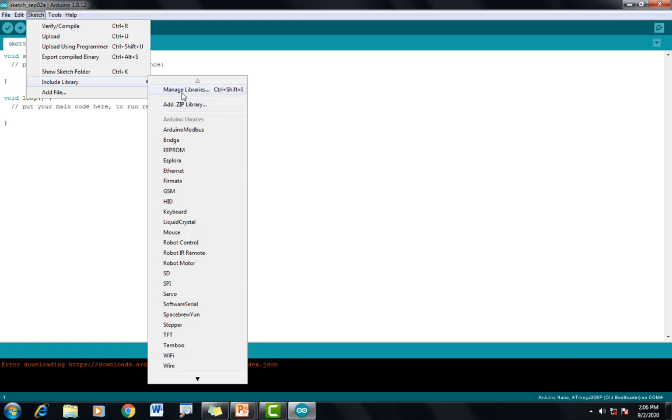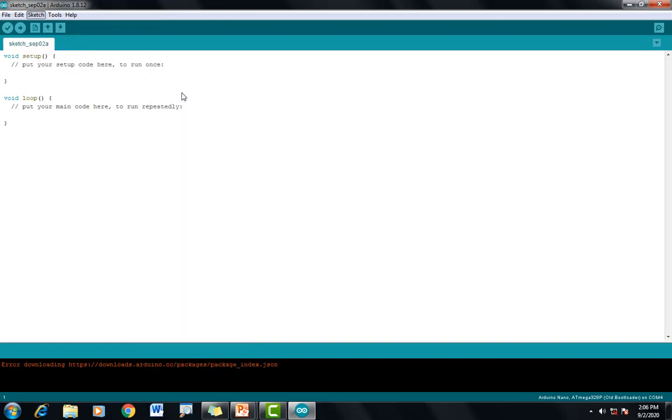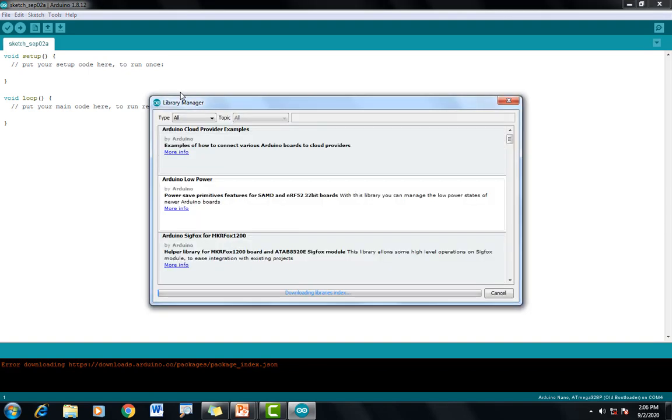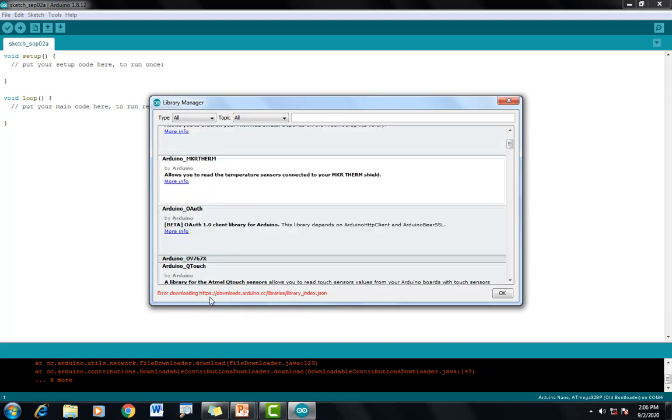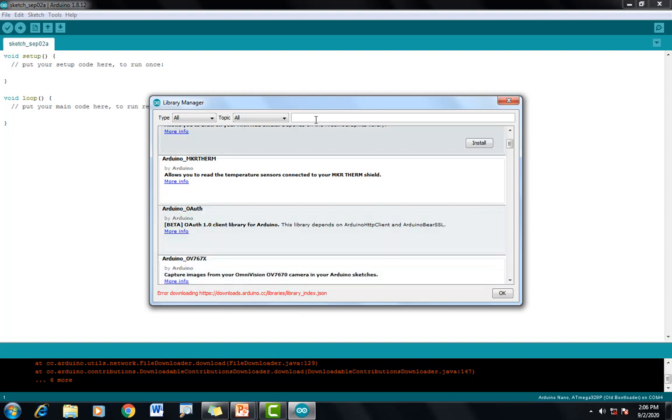Or you can go to Manage Libraries. Here we can search, but as the internet is not connected, it is not giving me any option. So you can search for the library you are looking for, download it and install it.